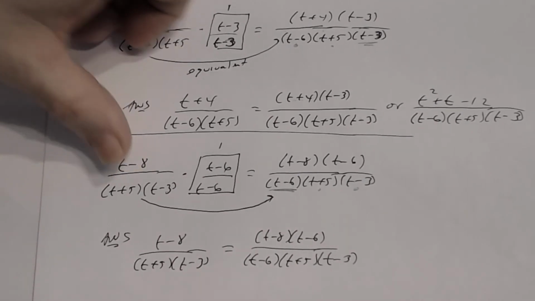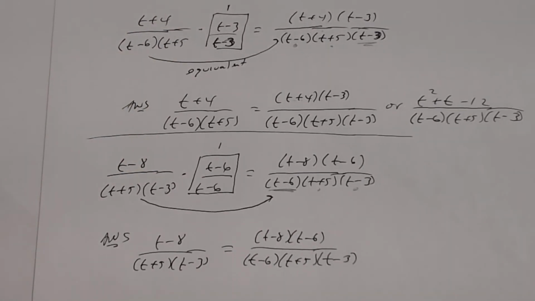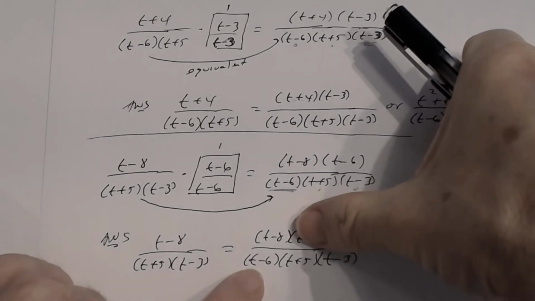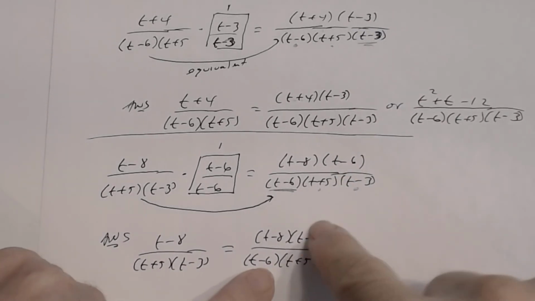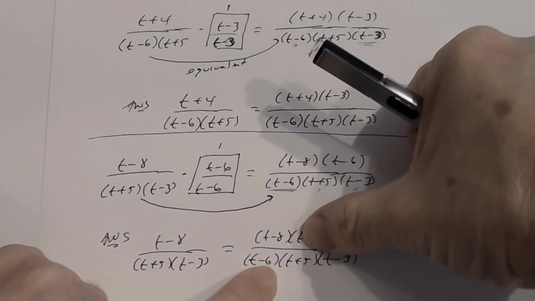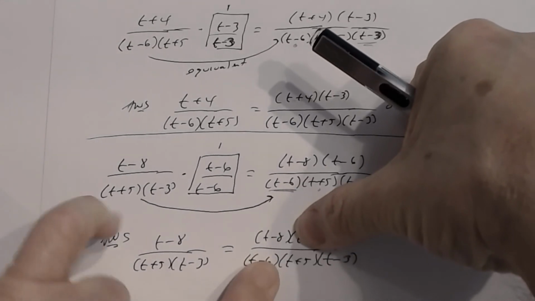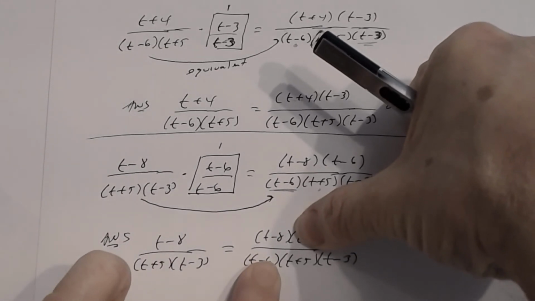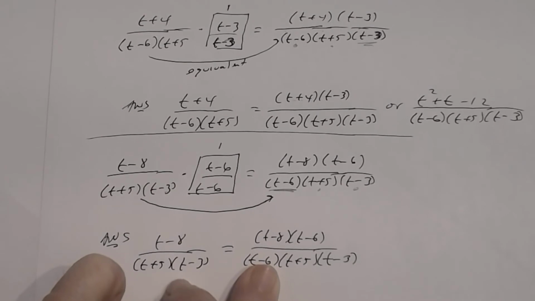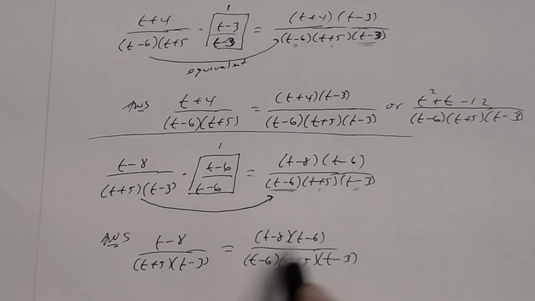And again, you know this is correct, because if you cover up, see how the t minus 6 is, you can reduce. So if you cover that up, what you have left is this right here. See the t minus 8 in the numerator, and you see this part here is this. Okay. Now, if you want to